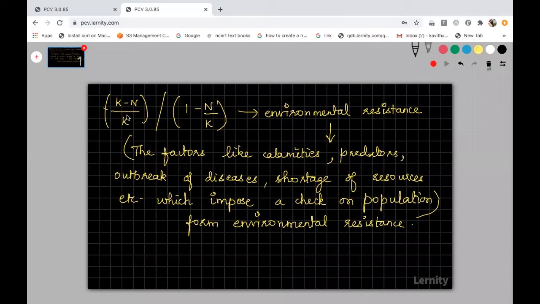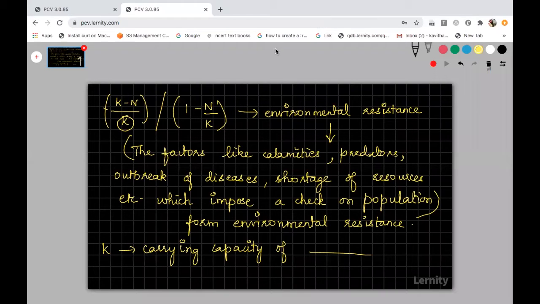Okay, fine. And do you know what K is here? K is the carrying capacity of what? Tell me. K is said to be the carrying capacity of dash. Please give your answers. Nature.